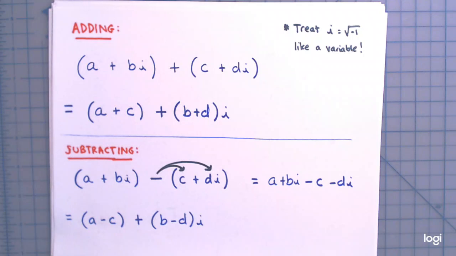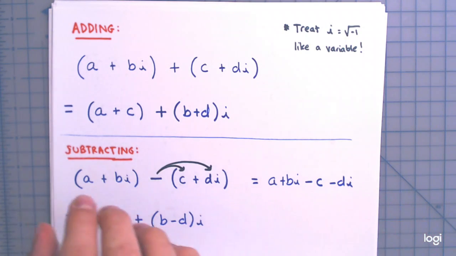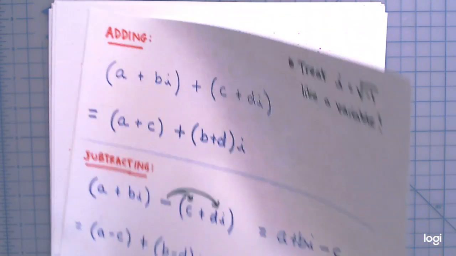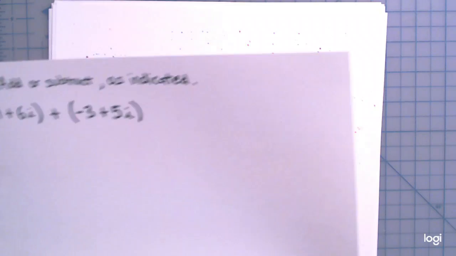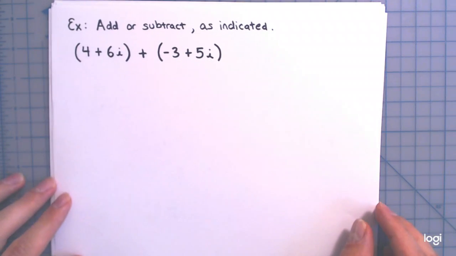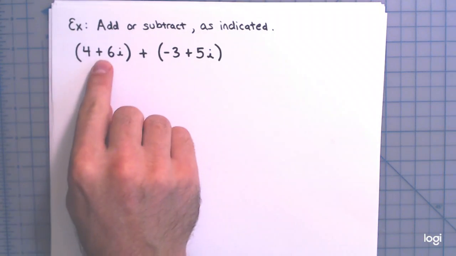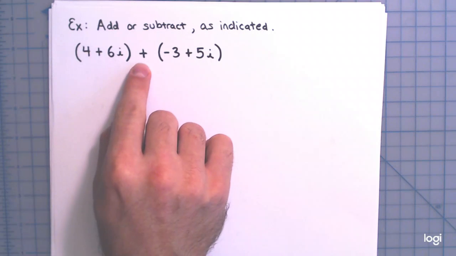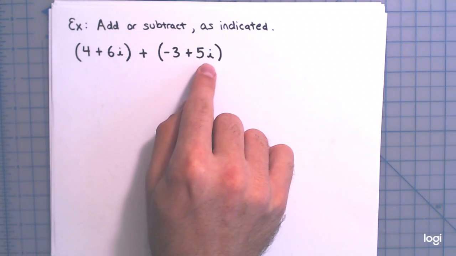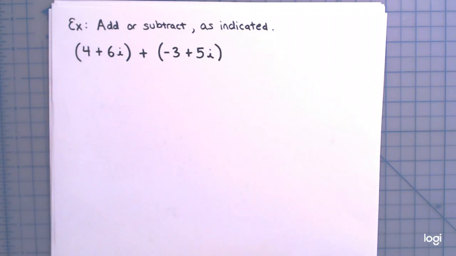But you're going to treat it like a variable, and then adding and subtracting becomes just like adding and subtracting polynomials. All right, so I have several examples where I'm following these rules. So the first of these is, I have 4 plus 6i, one complex number, plus -3 plus 5i. And we're asked to add these,